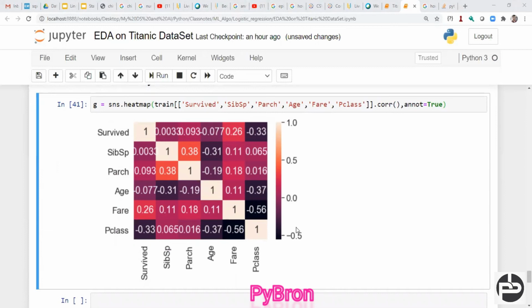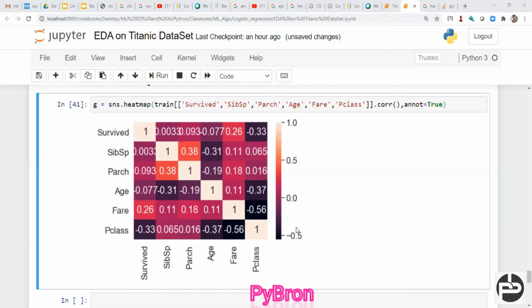If you can see, this is Pclass, this is Survived, this is SibSp, Parch, Age, the same columns. The relationship between Survived and Survived is one, which means a positive relationship. But what is this line indicating? If it is dark in color, there is a very negative relationship. As it becomes lighter in color, the relationship is getting less, right? If it is completely white, then they have an extremely high relationship, I could say.